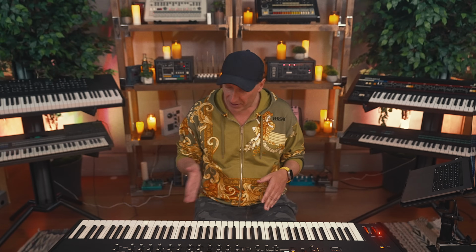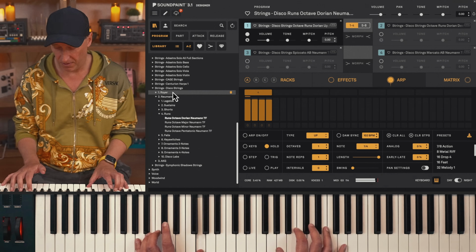We have Dorian scales, we have minor, majors, pentatonic, we have up and down, we have round robin on every single key, so you can virtually do anything you want. The runs are based in octaves, but as I'm about to demonstrate, you don't have to play them in their full length. You can also put them together and create new runs out of them. The key switch down here is going to let me go from up to down motion on each of the scales here, beginning with the Dorian.